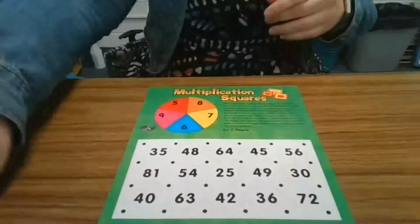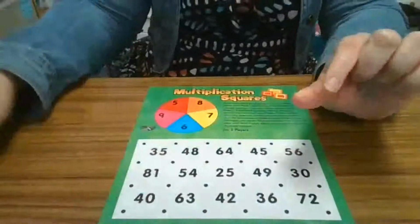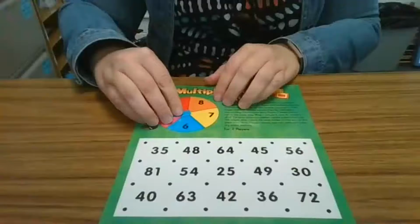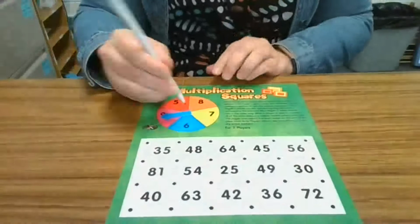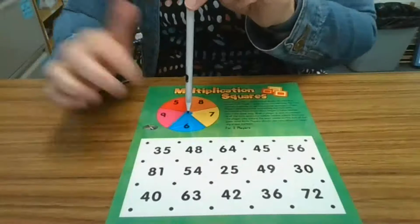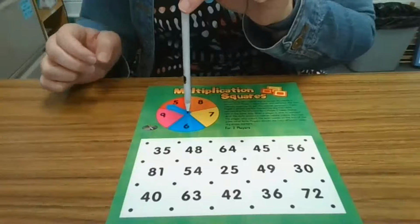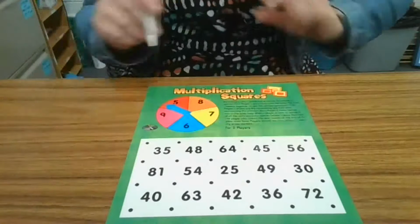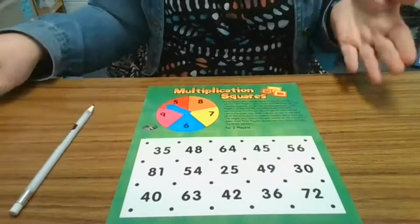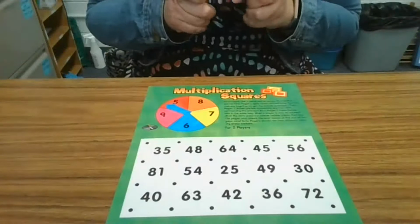In your bag, there are these little arrows that you can just pop out, and then you use it as a spinner. So I'm going to spin. I spun a 6. I have to spin 2 times for this game, so I'm going to spin again, and a 5. Because it's multiplication squares, I'm multiplying 6 times 5, or 6 groups of 5, which would give me 30